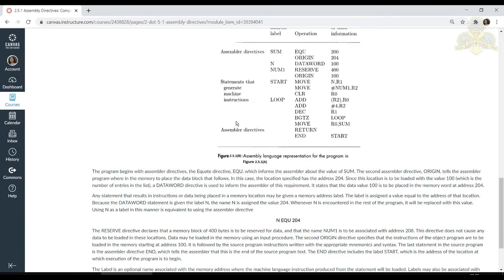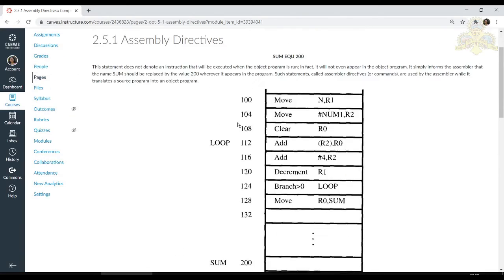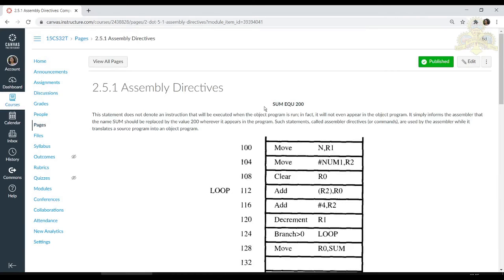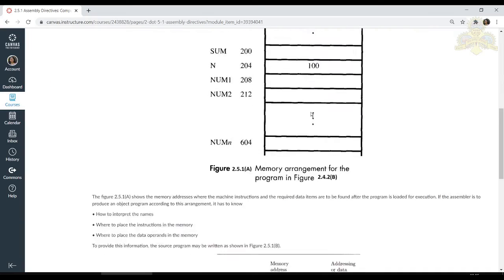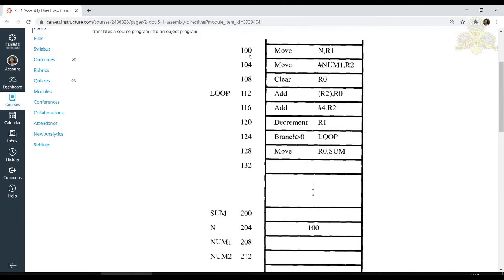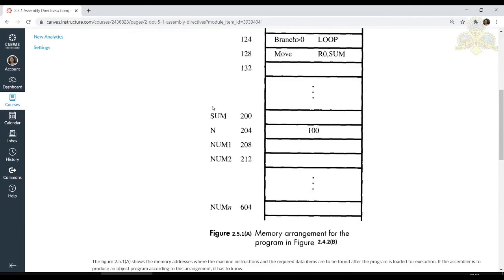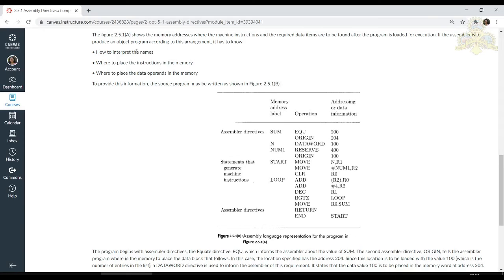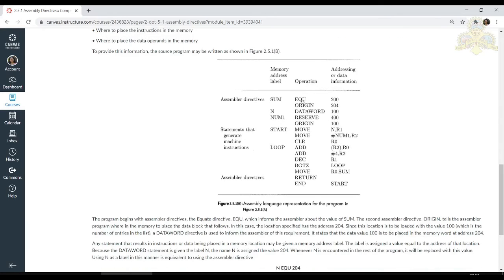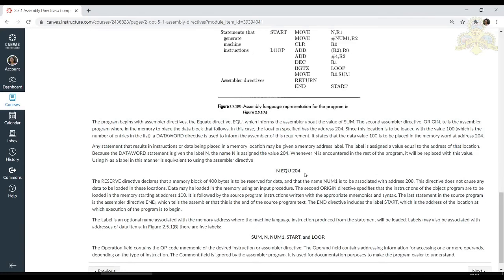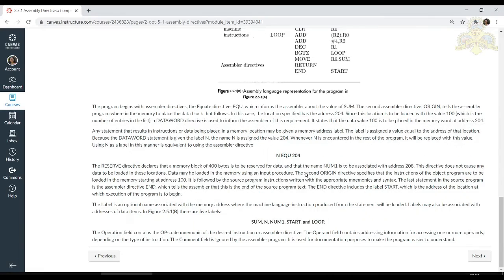So whenever the question is asked on the assembler directive, you have to say what the assembler directive is, then give this example. This memory location can be anything. You just have to take the base address and go on adding 4, right? Then, the things which your assembler wants to know when it converts the source program into the object program, you have to give the example of the directives: equate, origin, data word, reserve, then end. So all these things have to be done for this particular question.